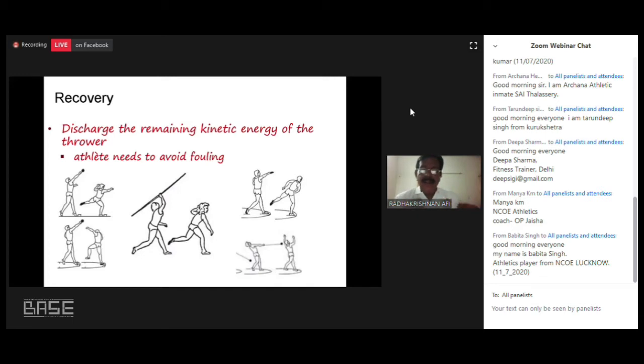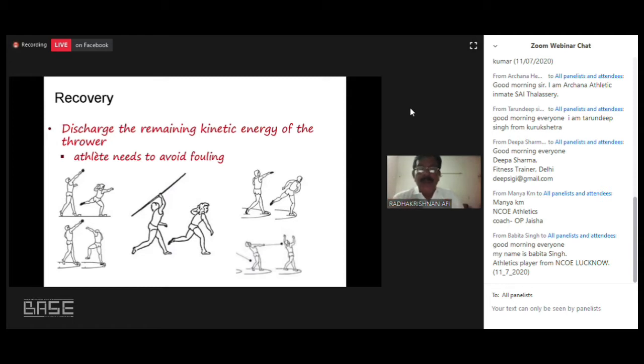And rather, I am of the opinion that if you teach recovery in the beginning, the athlete will not be able to fix the left leg and use complete power on the delivery. They will be slightly jumping, like in rotational throws, jumping is there, but after fixing the left leg and acting with the right leg completely, then there is a jumping action. But if you start teaching them, they will not be able to use the right leg properly.